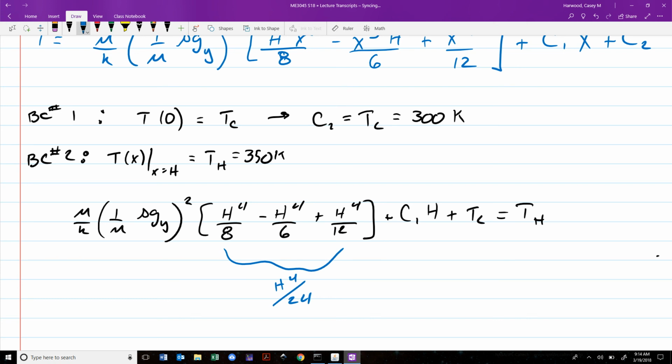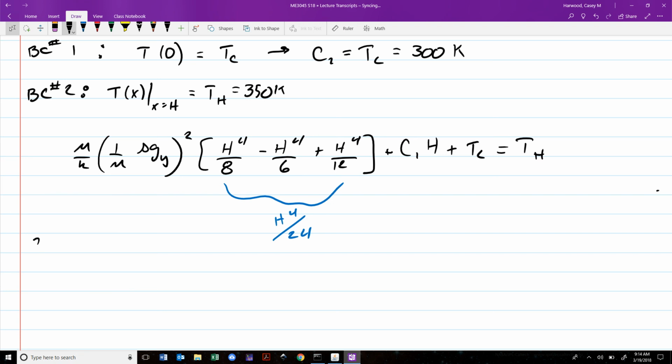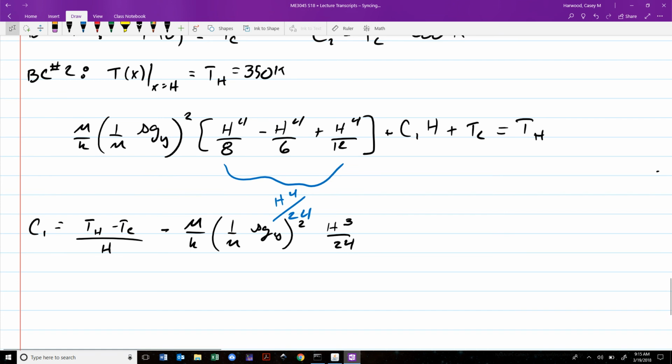We collect those fractions, and so what we should get if we were to solve for C1, this is just algebraic. C1 is equal to T hot minus T cold over h, right? So there's sort of a linear variation component, minus mu over k, 1 over mu rho g y squared, h cubed over 24. Yes. So we've got C1, we've got C2, plug those in, and we're going to end up with T as